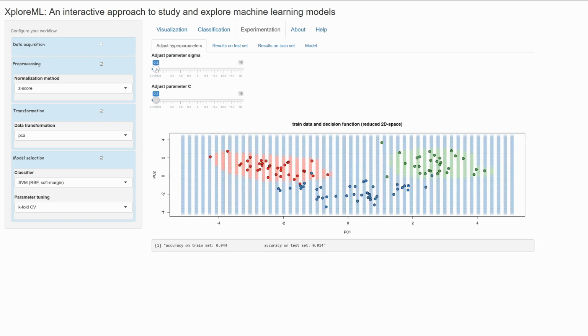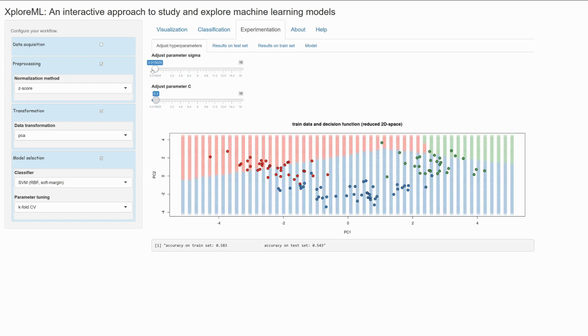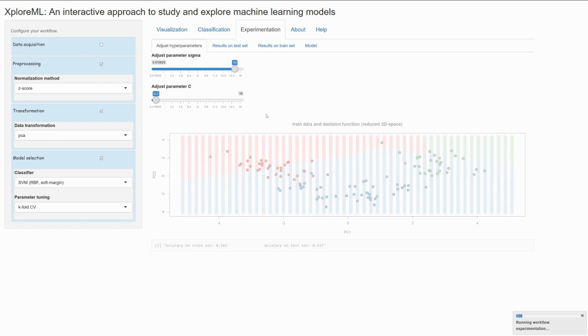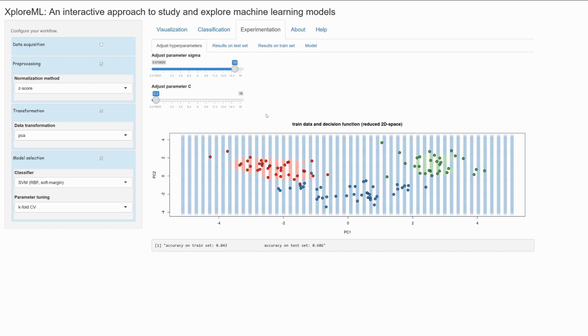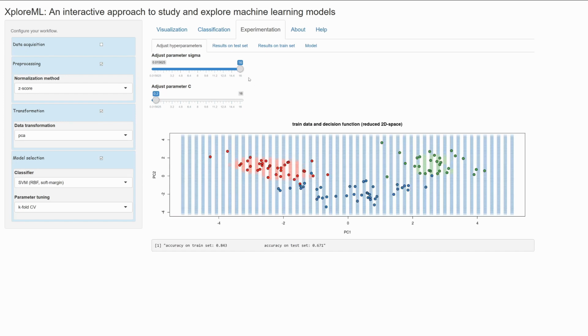So as we change the hyperparameter sigma, which is basically the width of the Gaussian distribution in the kernel, we can see that the decision function changes, and we're now at a classification accuracy of just above 50%. Now as we increase the sigma, we can see the decision function is instantly recalculated, and here it appears to move towards some sort of overfitting,